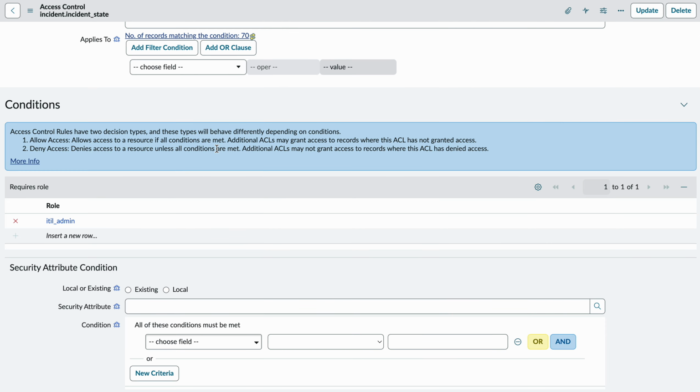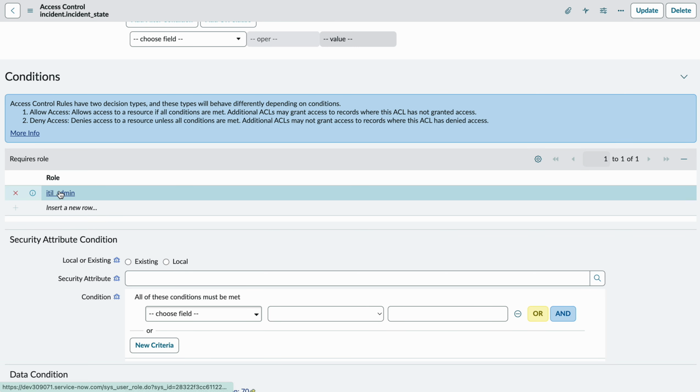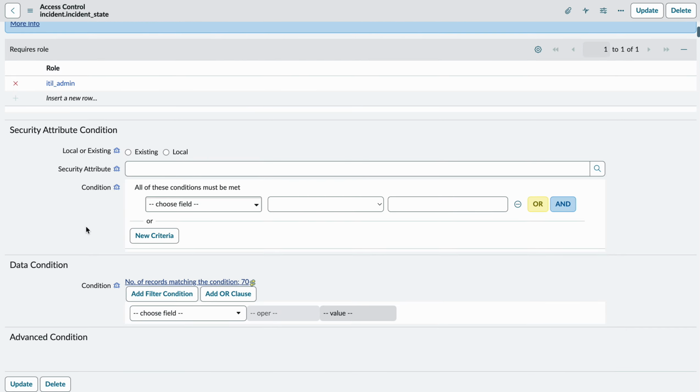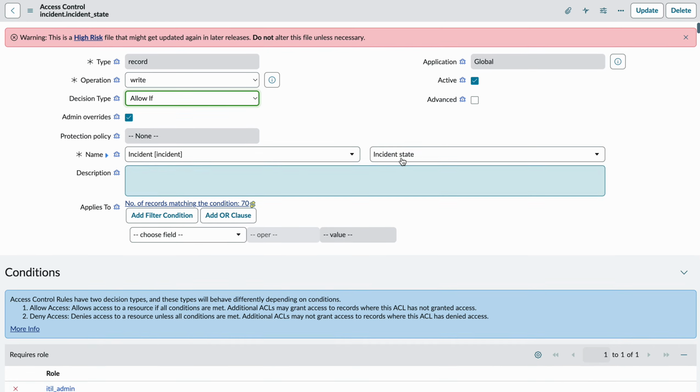If I scroll down here, I can apply it and add a condition. At the moment I'm just leaving it blank, so this applies to basically any incidents. And then the role. When we talk about role, this will only trigger if the role has admin. So this ACL will allow or will run if I have this role. If I don't, then it will deny access, and that's how that works. And then it will allow me to write to